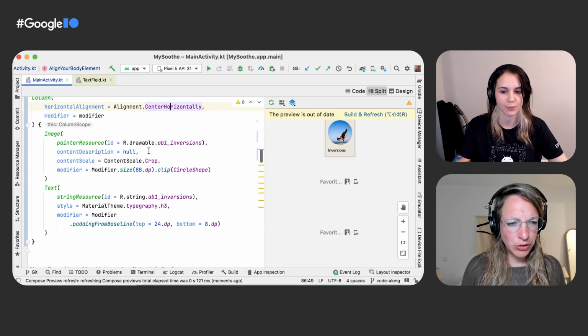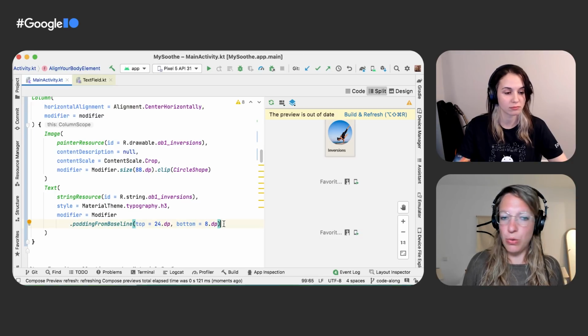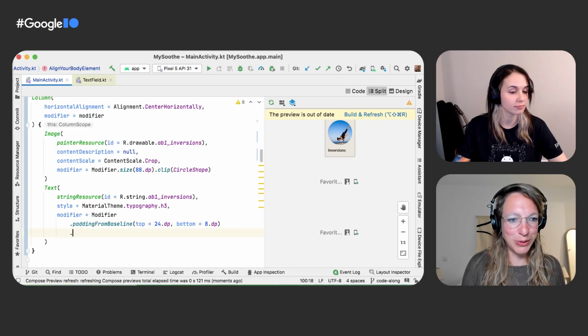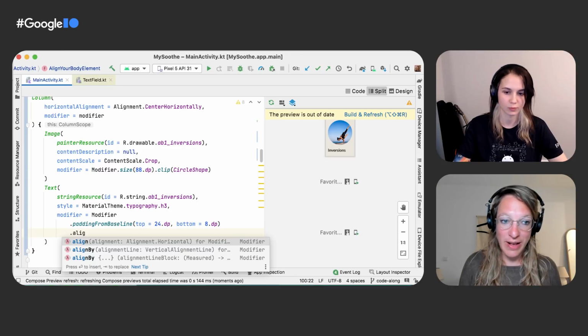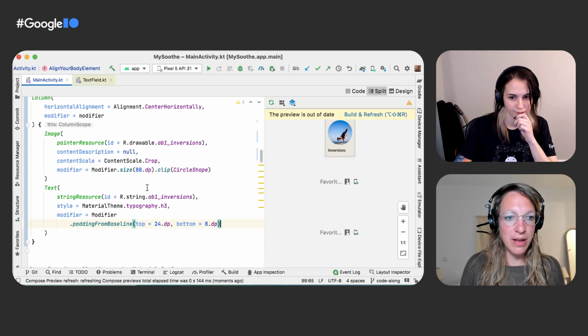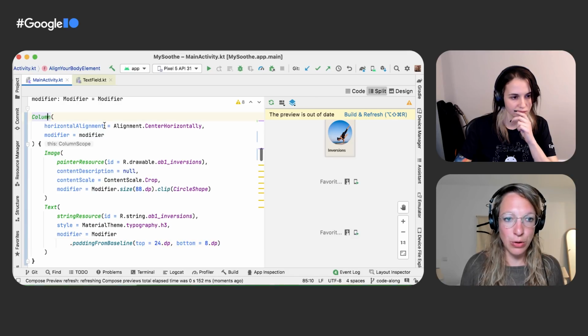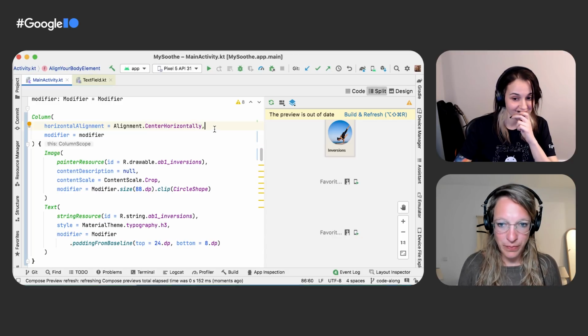And as you mentioned, it might have gone a little bit fast. We can also always override this for one of the children by using the align modifier. So you can always choose to have one child aligned to the start or the end and the rest to the center, for example. That's always a possibility, but in general, you can tell the column that every child should be laid out in the center horizontally. And that's what the alignments are used for.